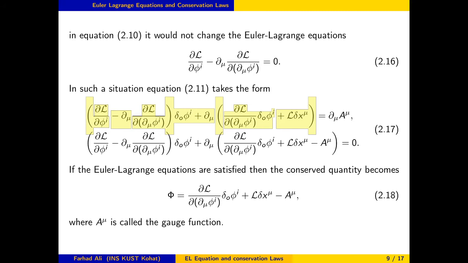So, what does this mean? This means that I can write this equation in this form. Now, if the Euler-Lagrange equation is satisfied, this quantity is 0, so I am left with this quantity, and the derivative of this quantity is 0. That means whatever is inside this bracket is constant, and that is the